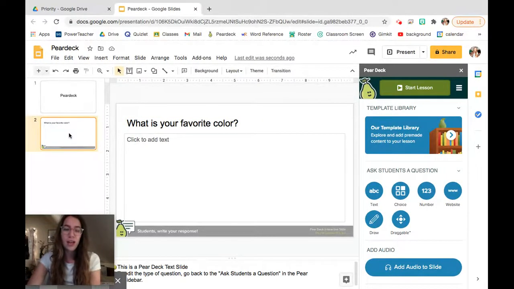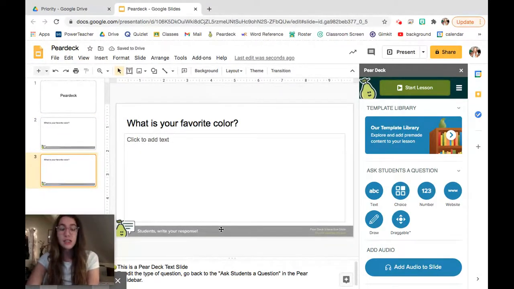I'm going to go ahead and copy this slide and click paste. This is a great way to shortcut, because as you can see, it took a couple of seconds for me to add in that question feature. So if you're doing a slideshow where you want a bunch of written text questions, instead of making new slides and clicking and doing text for each one, what you can do is